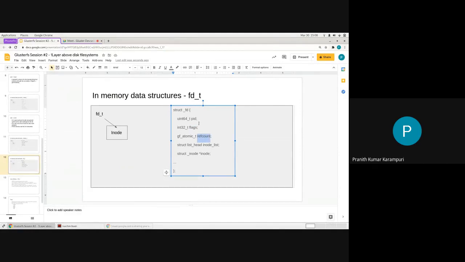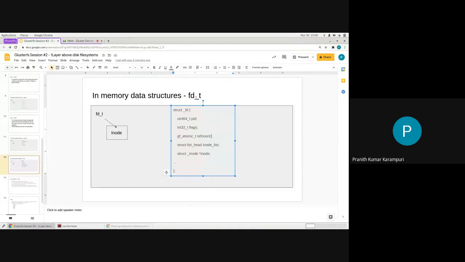If a file operation uses this FD, it will have an extra reference count. As long as the file is open, the ref count will be 1. When you do a close, the reference count will be reduced by 1. And once all of the operations on this FD are done, then the FD will get freed.